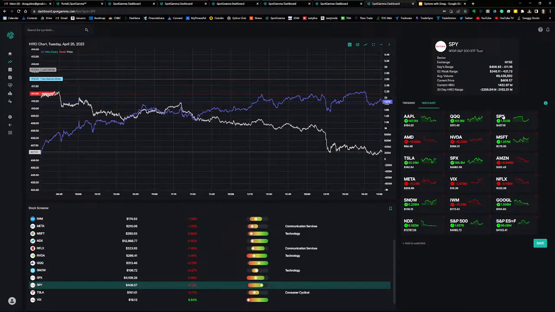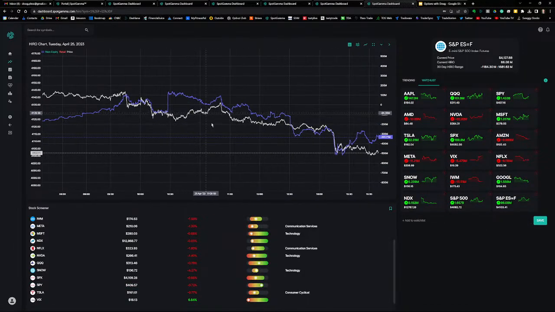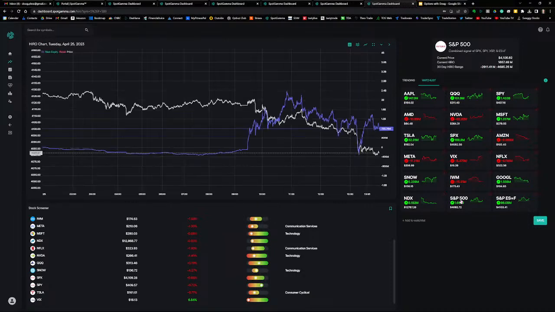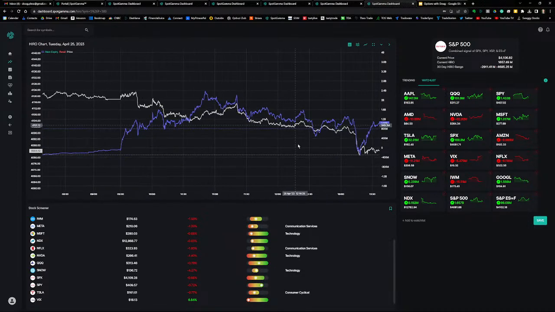So as far as a signal for trading, the SPY Hero signal has not provided a good signal. And then finally, here's the ES futures, and this is more in line with price, in sync with price. And so the total signal again, SPX, a little bit more difficult to read, but this is the total combined signal